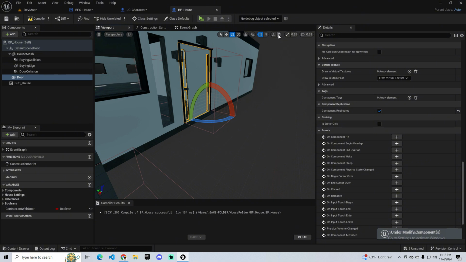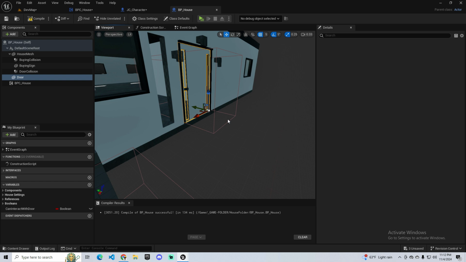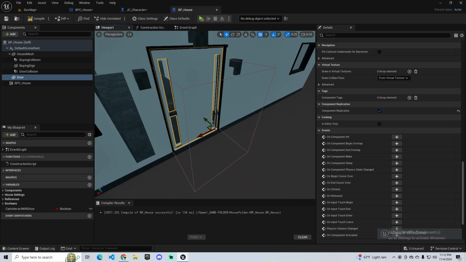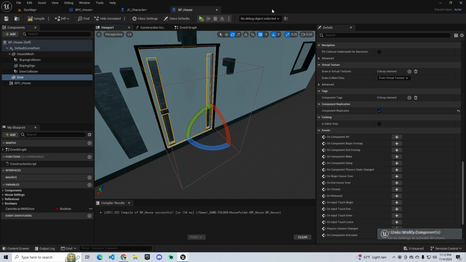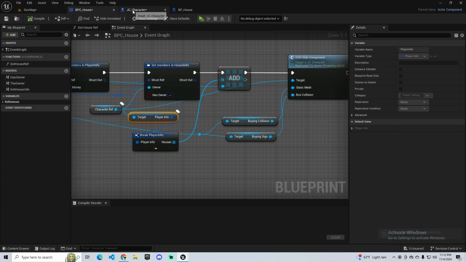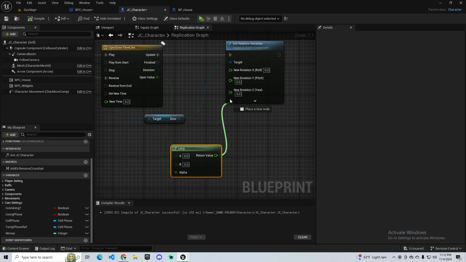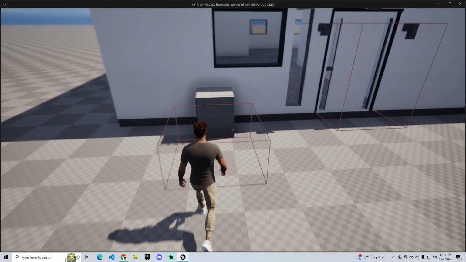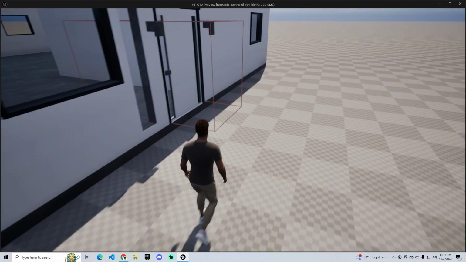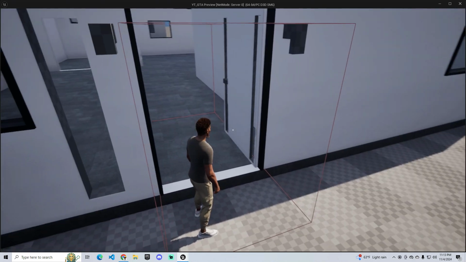Wait, hold on. Come on. Let's see. 90 is fine. On the Z, we only want to do it on the Z. So 0 to 90. Okay. So now if I go here, buy the house, press E, house open,